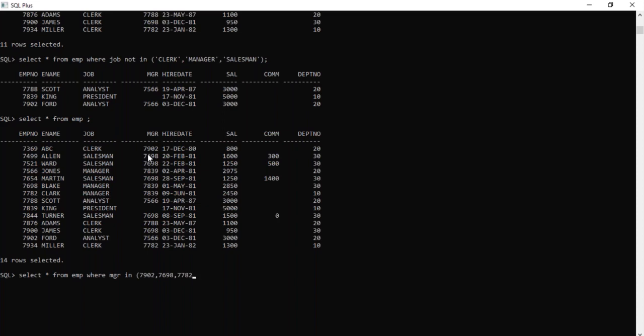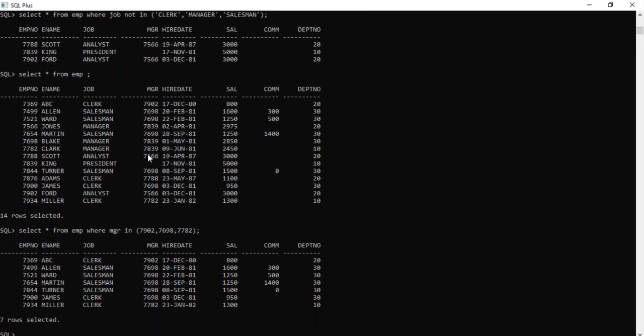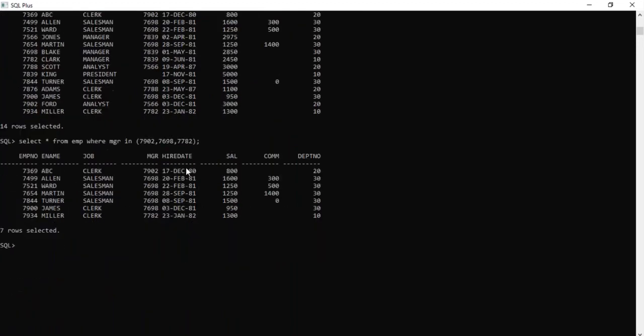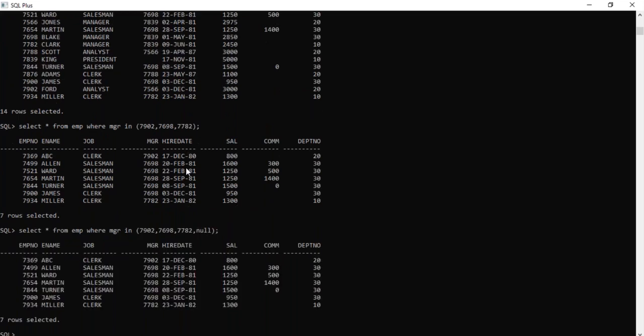Select star from emp where dept number not in 10, 20 and then null. See here, not in 10, 20.